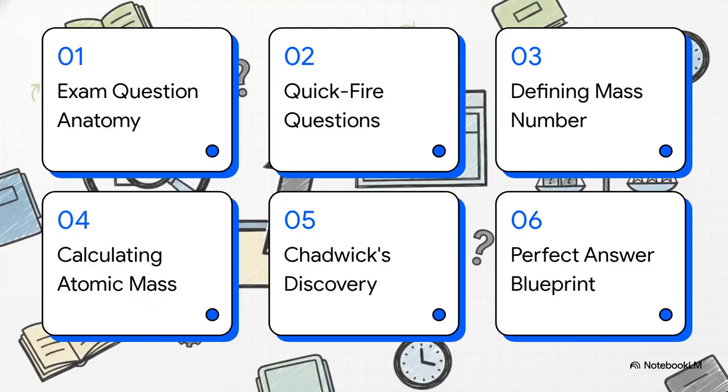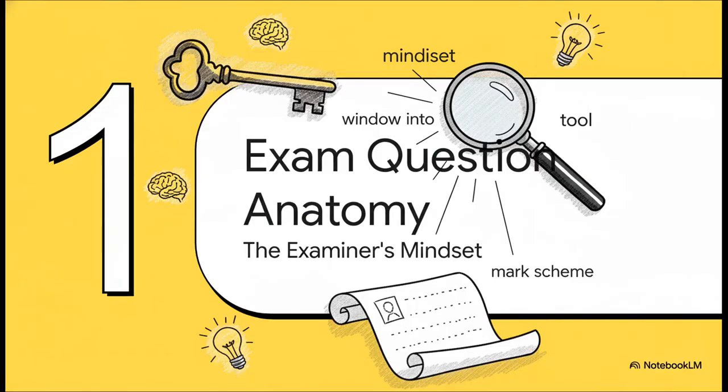Okay, so here's the game plan. We'll kick things off by getting inside the examiner's head. Then, we'll blast through some quick-fire questions to build momentum. After that, we'll nail down a key definition, crunch some numbers, unravel a famous discovery by Chadwick, and finally, put it all together into the ultimate perfect answer blueprint. Sound good? Let's go. So, before we even look at the answers, we need to talk about our secret weapon,